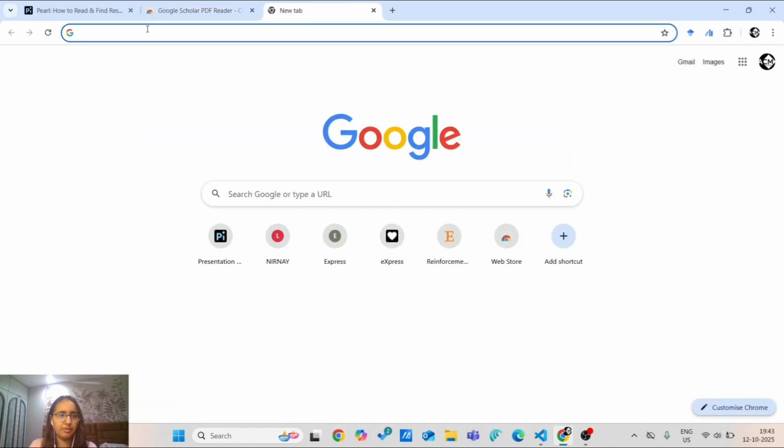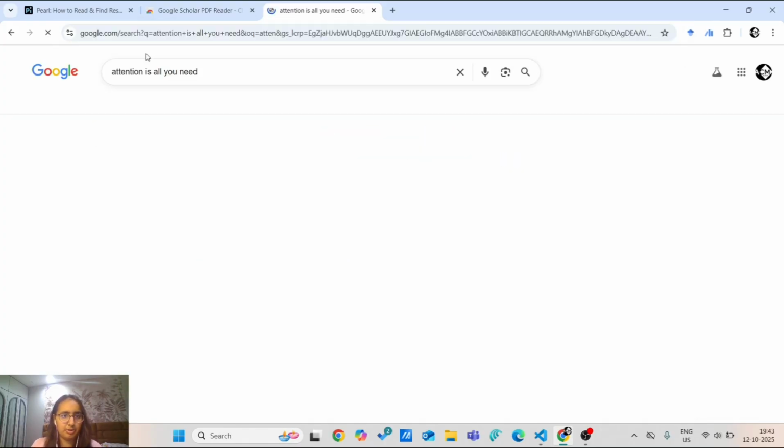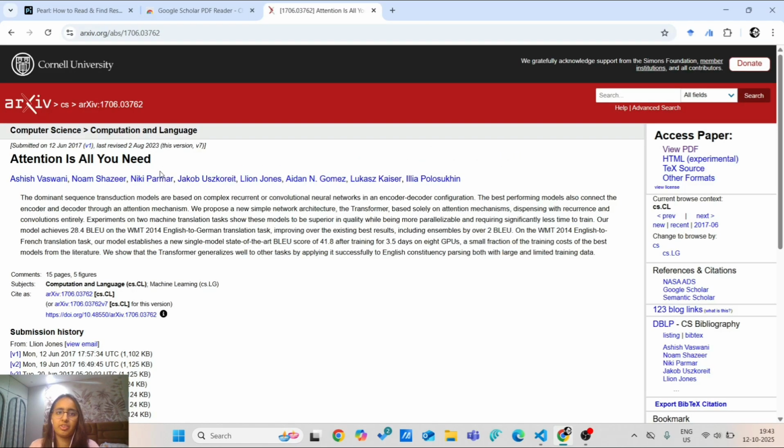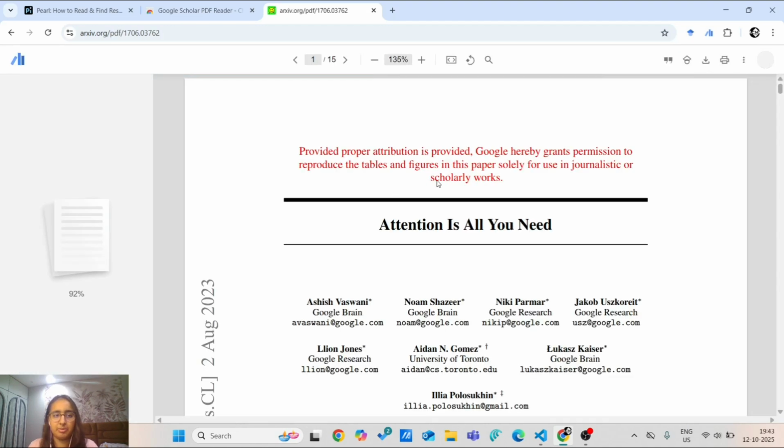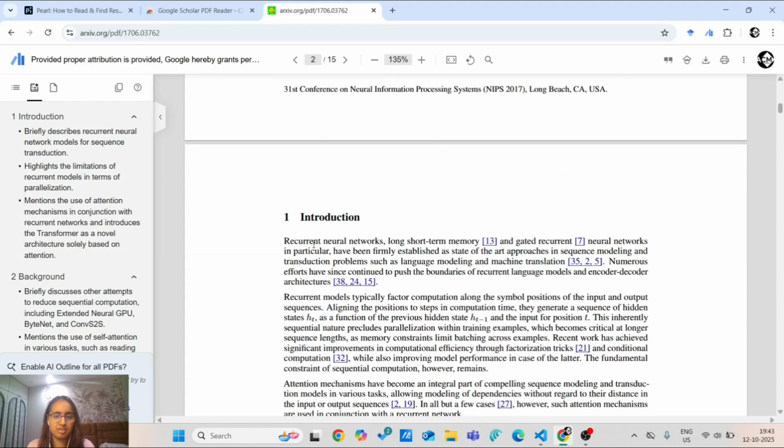Now, if I find a paper, for example, Attention Is All You Need, which is the paper I'm reading right now, this is a very famous paper that everyone reads when they start research. If this is what I have, I can click on these citations.